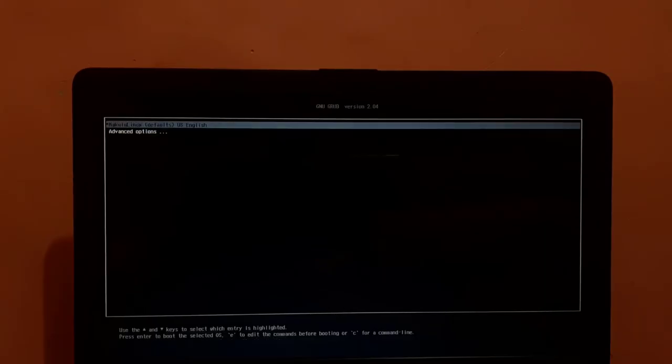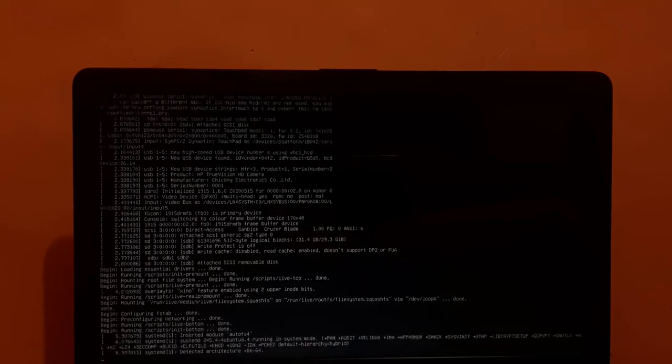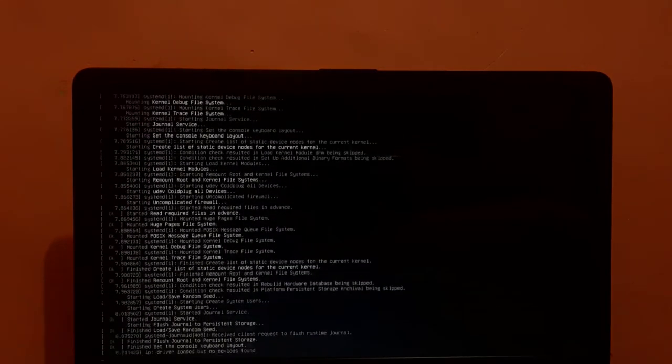After selecting the bootable USB drive, we are booted into GNU Grub boot menu. Now select the Makulu Linux boot entry from this menu and press enter key. The system is booting into Makulu Linux and the system is initializing some process, so you will have to wait for it to be completed. I fast forwarded this step to save your time.